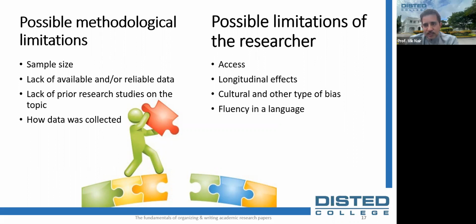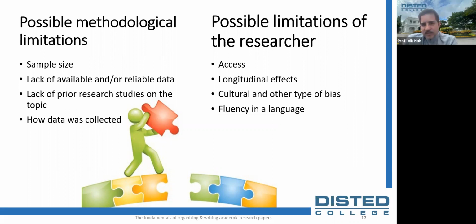Fluency in language. Okay, this is also another common one. If your research is focused on measuring the perceived value of certain things, and you're using English, most publications are in English, but English is not your first language. Most of us, it's our second language. We are not native English speakers, no matter how good our English is, there will still be some form of deficiency. So this deficiency sometimes needs to be acknowledged, although in most research,